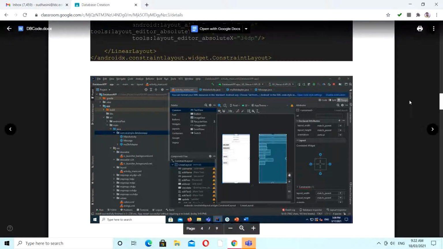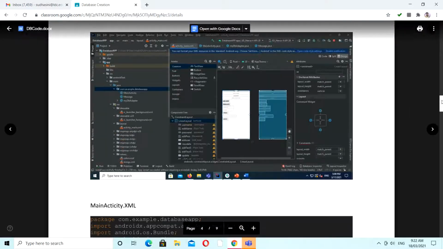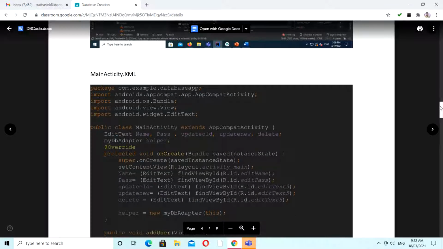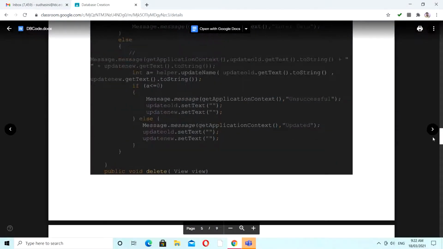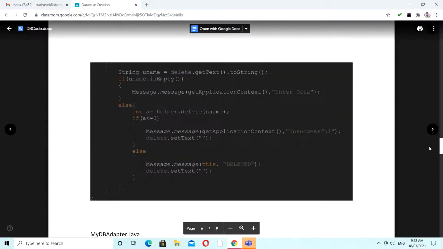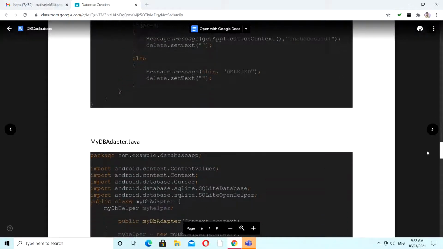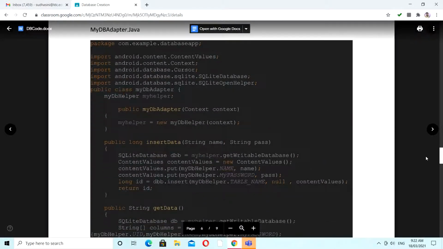We are seeing different controls in layout formats. And then next we have the main activity. The main activity is where you can incorporate all kinds of coding. Events, listeners, everything will be there. Next we have mydbadapter.java. This is not an activity, it is a kind of Java file.